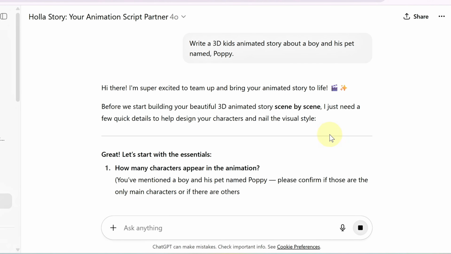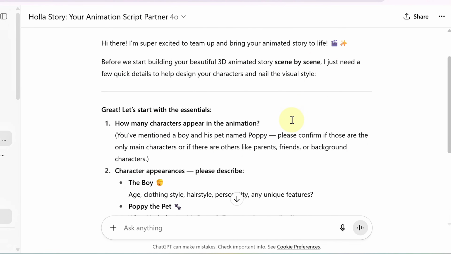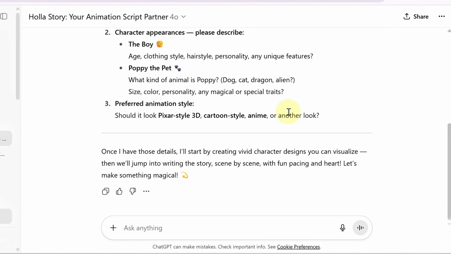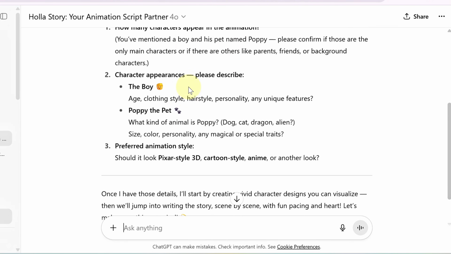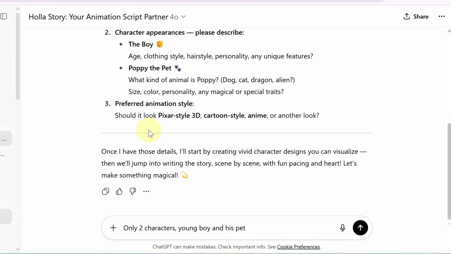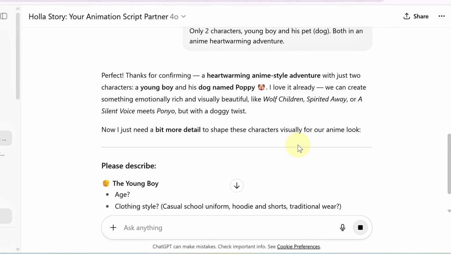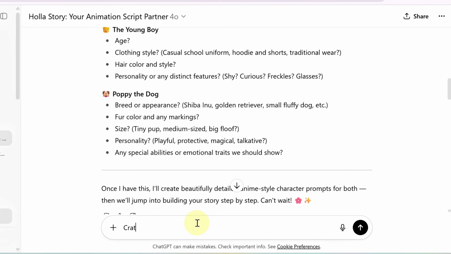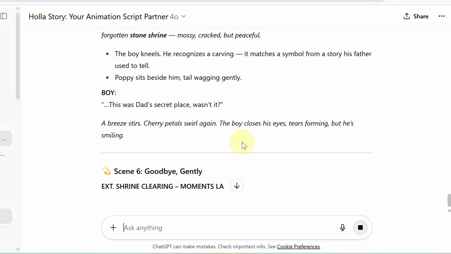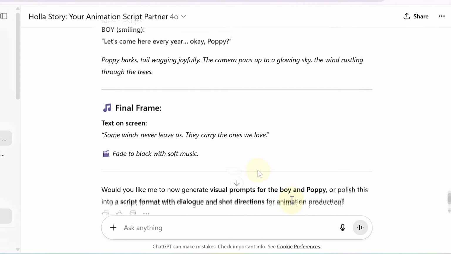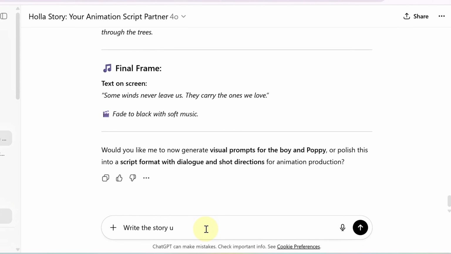The tool will outline your characters and provide extra details. Add those, then hit generate. From there, ChatGPT will give you both the character details and the story setting. Continue in the same chat and ask it to break the story down scene by scene. This way, you'll get a complete, unique script that's ready to be brought into motion for animation. If you'd like your story written in a continuous flow, simply type "write the story in a flow" when chatting